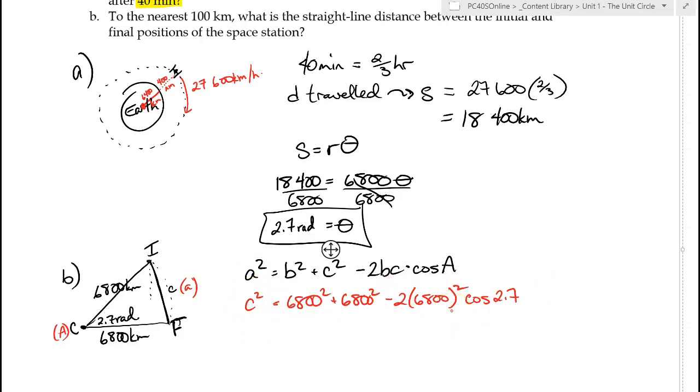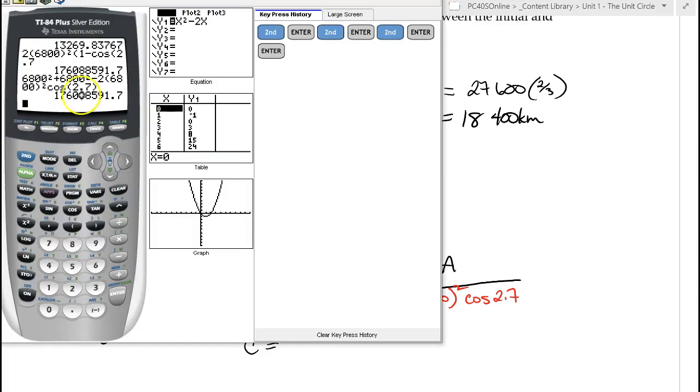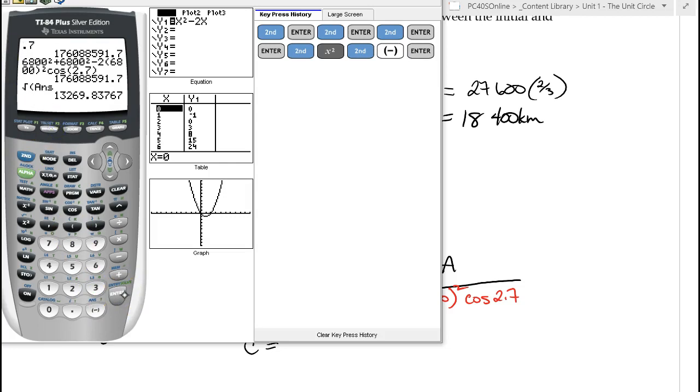Now, I'm not going to write that whole number out because I am just not interested in spending that time there. So what I'm going to do is take the square root of all of this in order to eliminate that square there. And so on my calculator, once I've found that value, I'm just going to go second function square root of my answer, and that's going to give me